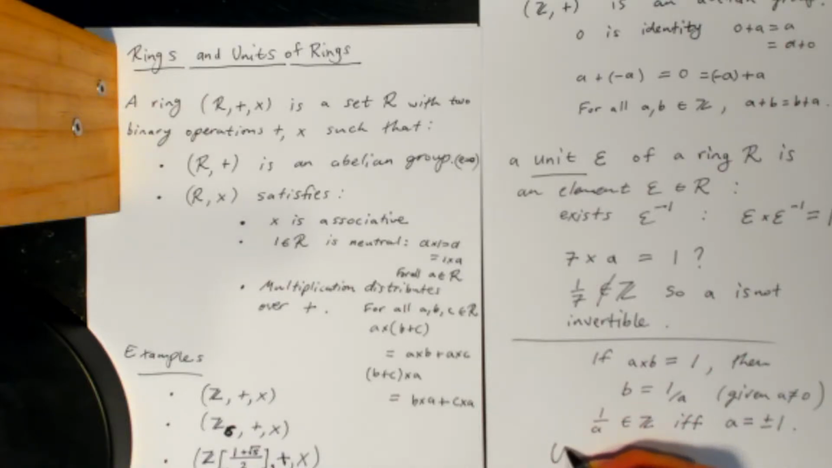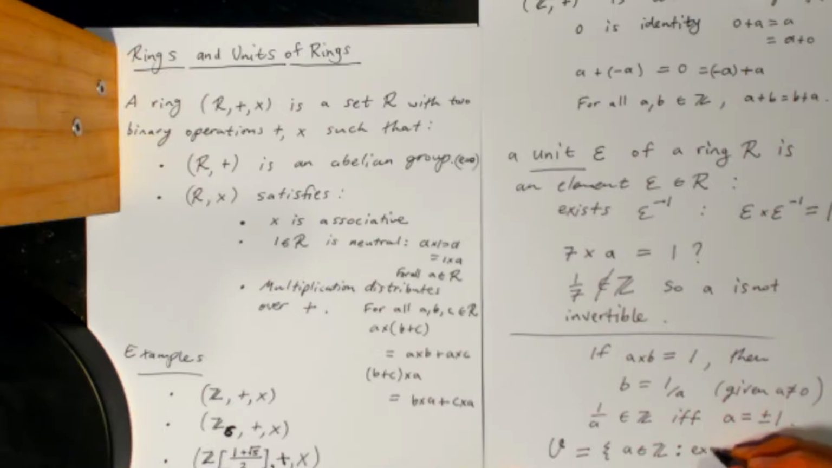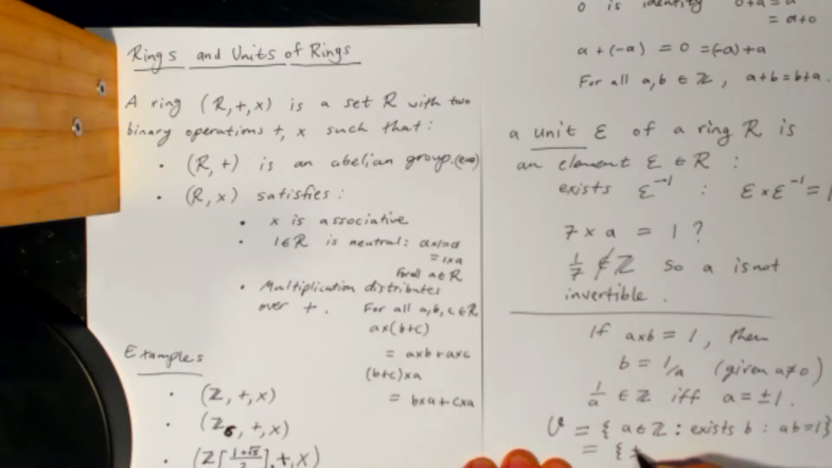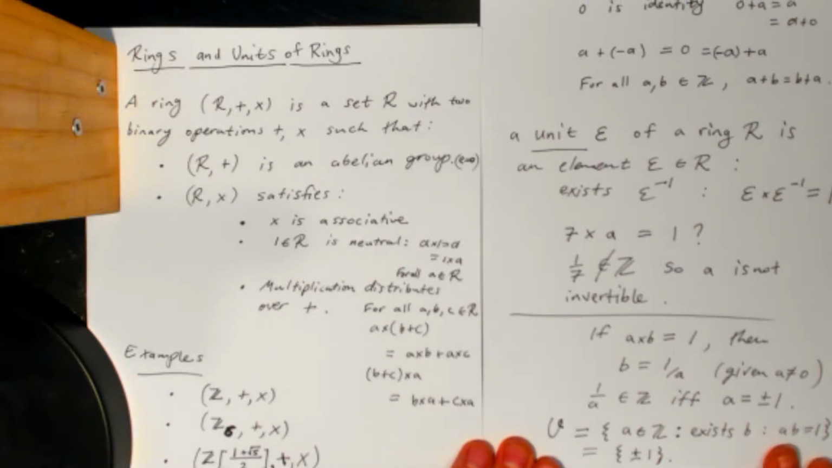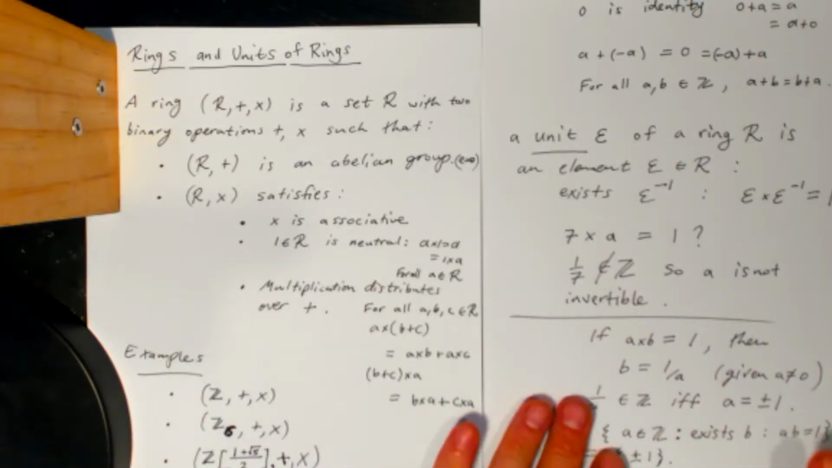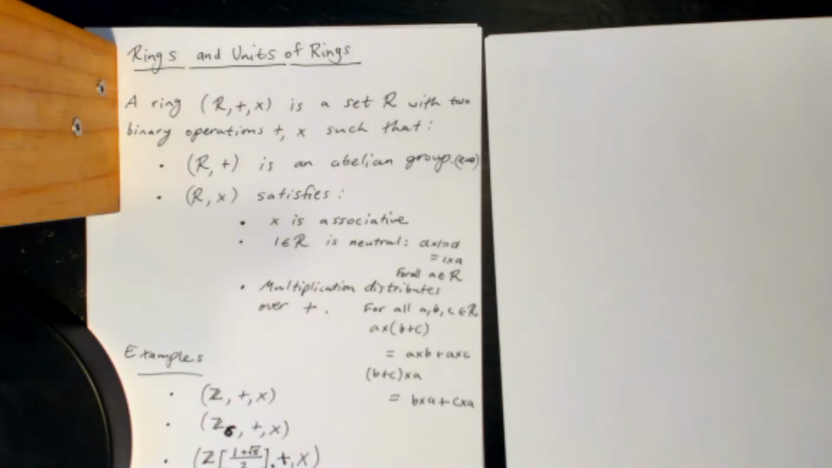So I'll just put U, maybe I'll make this curly, for the set of all A belonging to Z such that there exists B satisfying AB equals 1. And we've decided that this set is just the set containing plus or minus 1. Okay, so that completes our discussion of the first example. So let's move on to talk about our second example,